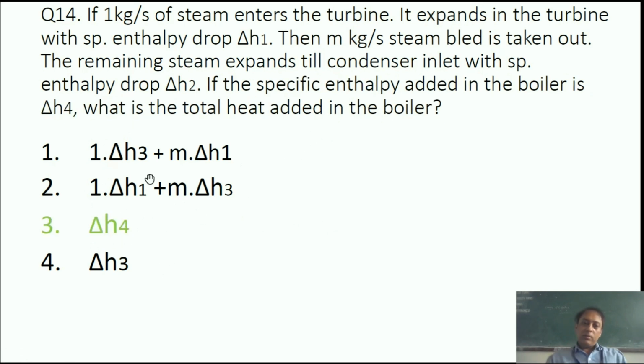The reason being, see, if from the boiler 5 kg steam per second is coming out, then definitely 5 kg per second water has to be input because it is steady flow. So at the boiler inlet and at the exit end, both ends will have the same fluid flow rate because it is a steady flow process. So if from the boiler 1 kg per second of steam is coming out, as written in the first sentence, then in the boiler the total enthalpy rate is del H4. So del H4 into 1 will give del H4 itself.